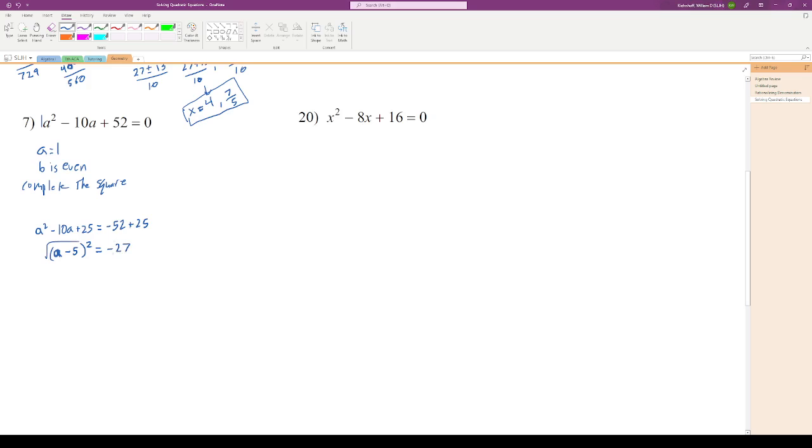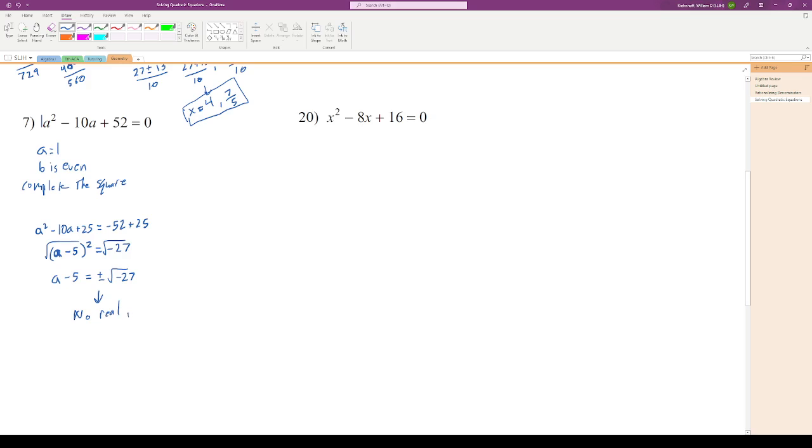Then we're going to take the square root of both sides, and we run into a problem. So on the left, we get a minus 5, and on the right, we get plus or minus the square root of negative 27. And we can't deal with negative square roots. You won't learn about that until Algebra 2 next year. So in Algebra 2, you'll learn about how to take the square root of a negative number and finish solving this problem. But for this year, we're just going to say the key phrase we learned in algebra, which is